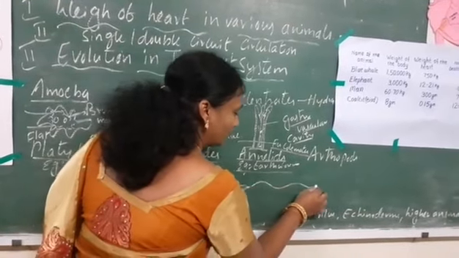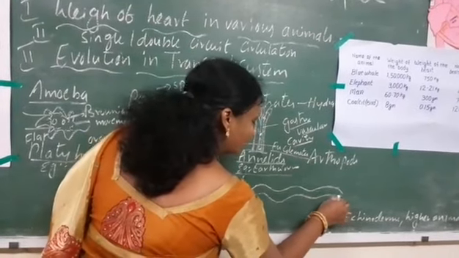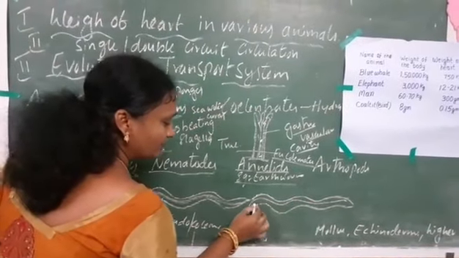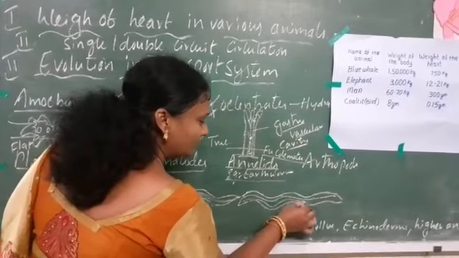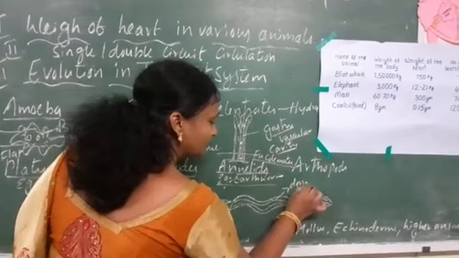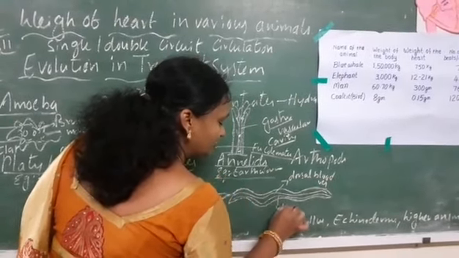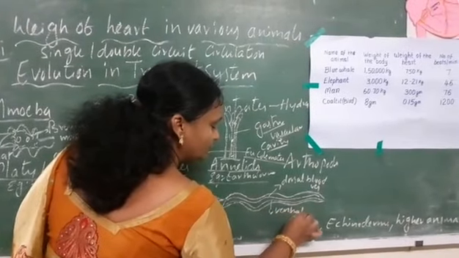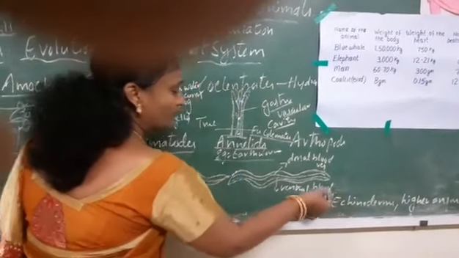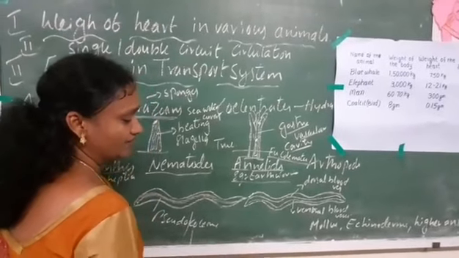The earthworm body will be round, and we observe a blood vessel on the top, that is the dorsal blood vessel, and another blood vessel we observe down below. That is the ventral blood vessel. So these blood vessels will be acting like arteries and veins in our body. One blood vessel will transport the substance, the other blood vessel will remove the waste material from the body.